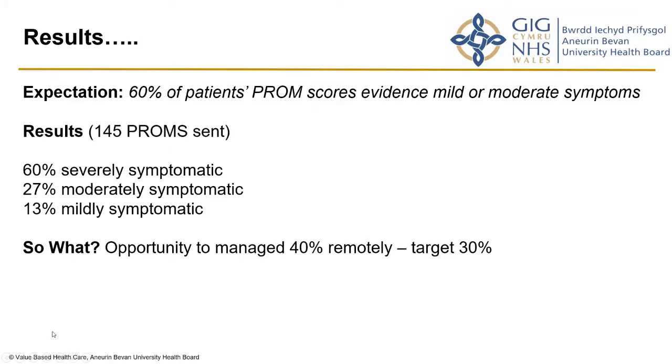Okay, before I go on to this slide about the results, we've got a question that's come up in the sidebar. I'm going to break the rules and answer this now, but I think it's relevant to this point. The question is, how have you overcome the technology barriers for patients not being able to access the electronic questionnaire? At the start of this, we send a letter to the patient as well, and within that letter